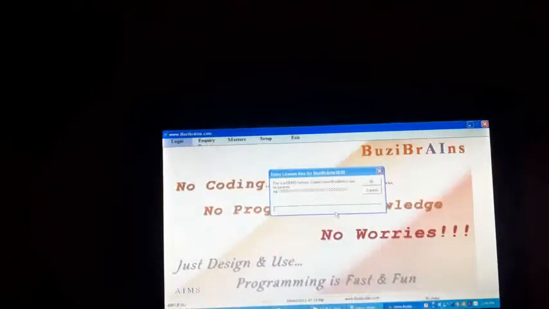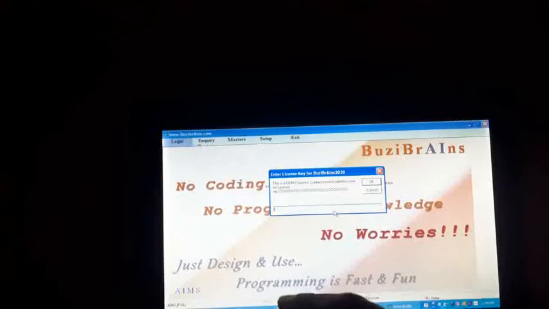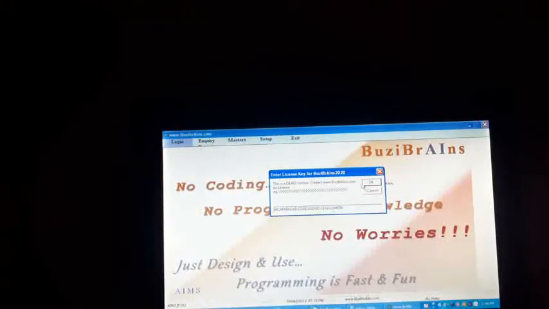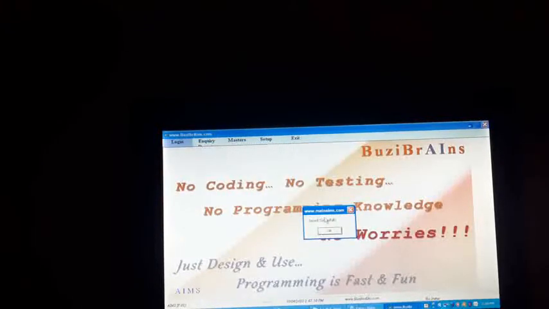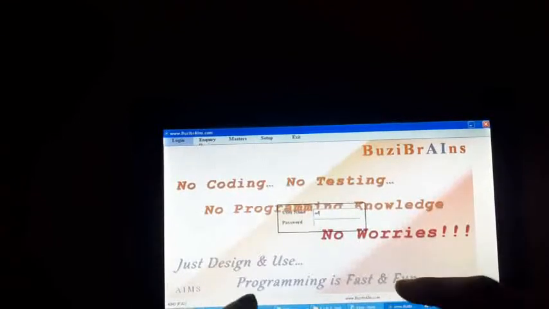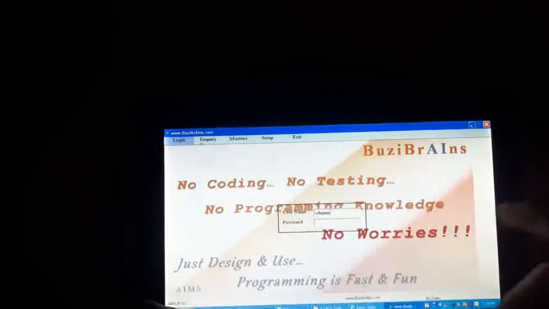Then the next part of the license key is this 30 digit or alphabet key, which is the main key. You have to update this one. As soon as you do this, the screen gets closed. You need not be scared of it. Re-log in. Now you are good to go for the programming. So we'll once again log in with admin.